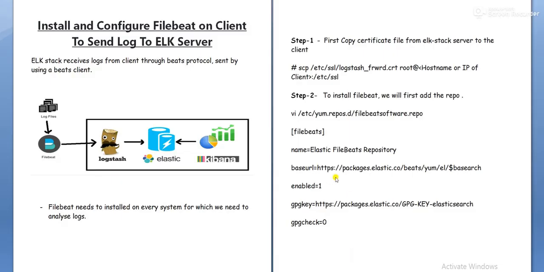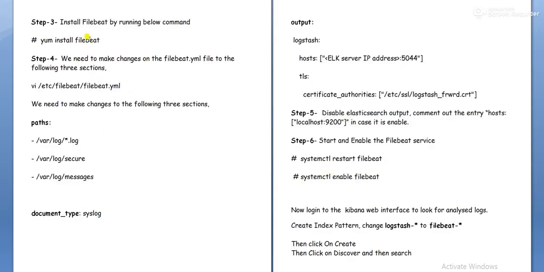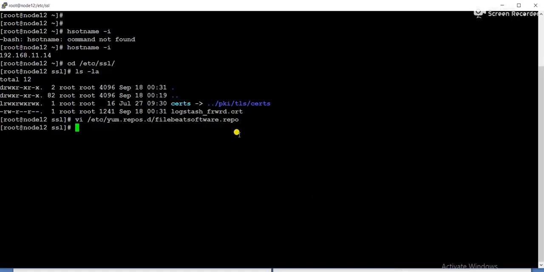Now we go with the third step. If you are using Linux, because my operating system is RHEL itself, I will run yum install filebeat.